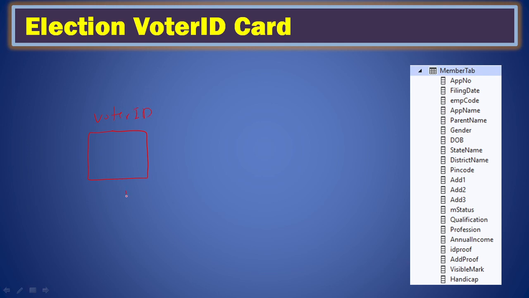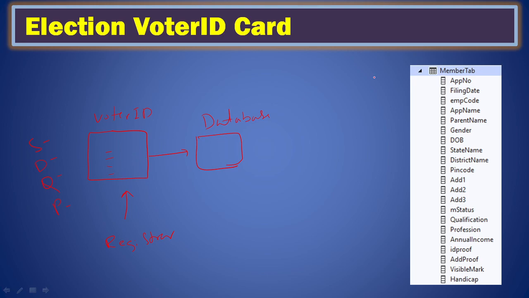So here a member, or the voter who wants to register, will come to the registrar. We collect the details and feed the data. Once you feed the data, it will go to the database. This is the database. One thing is very important: there are some basic data and this is the main data. What are the basic data? We already discussed: state name, district name, qualification, profession. These are the basic data that we collect, and this is one-time data that we have to store. But when you come to the voter ID details, it should go to data.